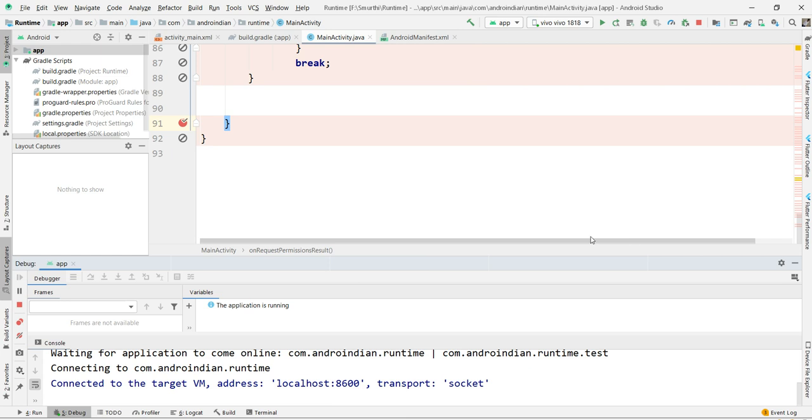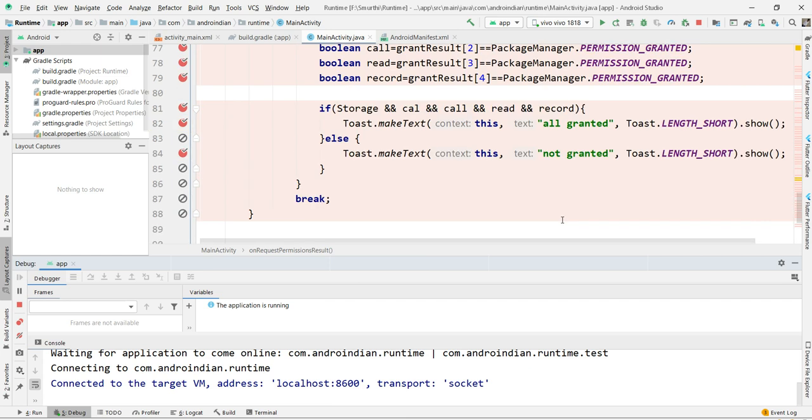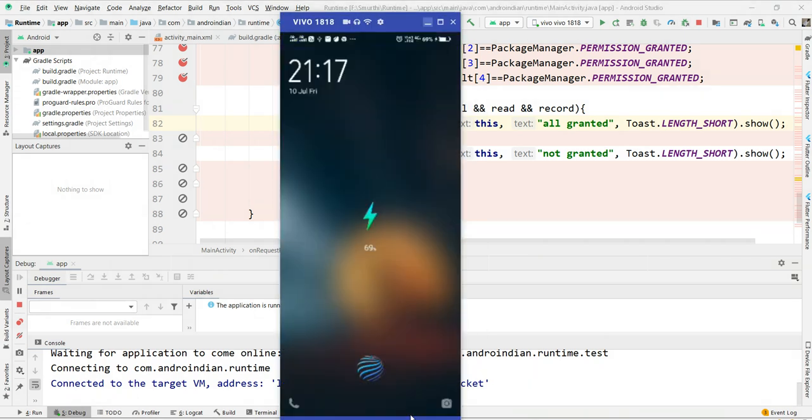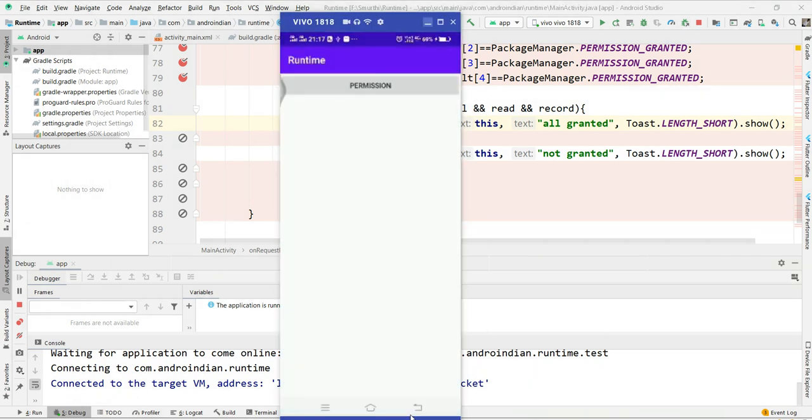After this, sometimes I may not want to execute these lines in debug mode, because I'm either removing or adding something. Then directly click on this one here, attach to debugger. It directly shows your package name, then click on OK. Once you click on OK, that debugger mode is automatically added into this application.